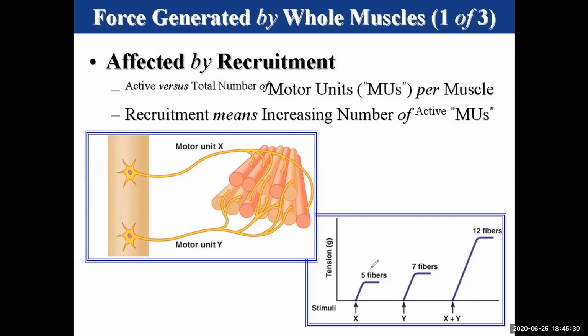Motor unit X is smaller because it only innervates 5 skeletal muscle fibers. And then the next level of recruitment is motor unit Y, which is slightly bigger because it innervates 7 skeletal muscle fibers. And if you add them up, now you are recruiting a total of 12